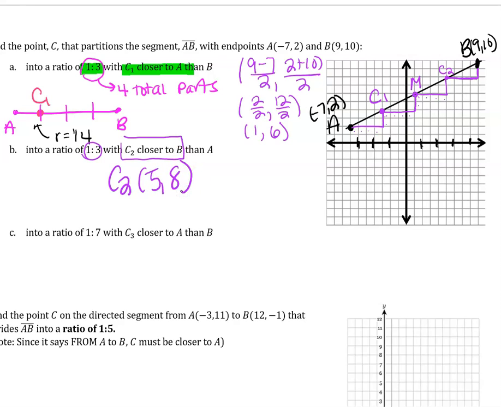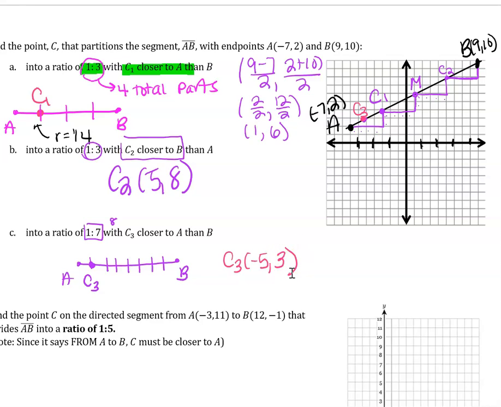All right, now lastly, a ratio of 1 to 7, where C2 is closer to A than to B. Okay, so again, 1 to 7 is 8 total parts. So if this is A and this is B, 1, 2, 3, 4, 5, 6, 7, we'll pretend those are all equal. You want C3 to be right there, which is 1/8 of our full segment. 1/8 is half of 1/4, which is what this guy was, so really your C3, maybe I'll use pink here, make it stand out, is right there at -5,